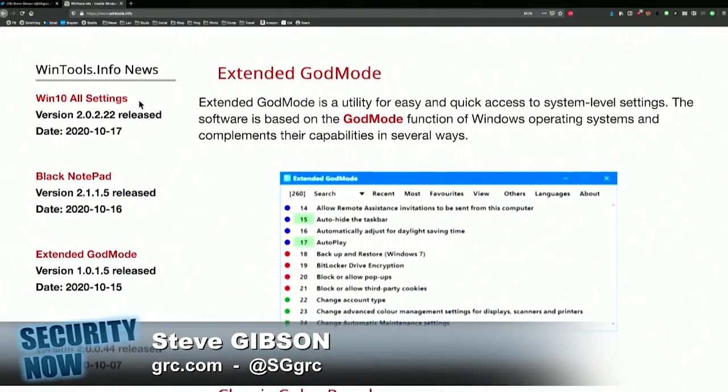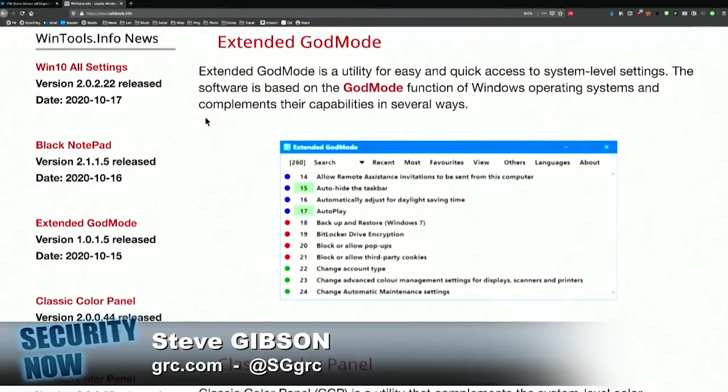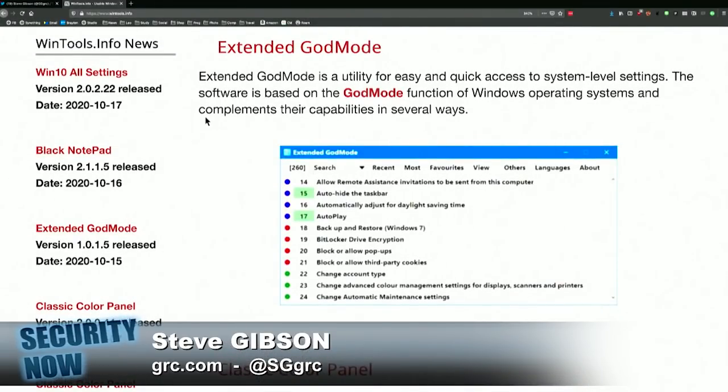admin tools and control panel elements. It displays all setting options in a single interface and allows access to them grouped in several ways according to different criteria. Extended God mode also includes a powerful search engine. Individual searches can be saved to create groups of settings. Extended God mode supplements default God mode with the following features: a quick search by item name, searches can be